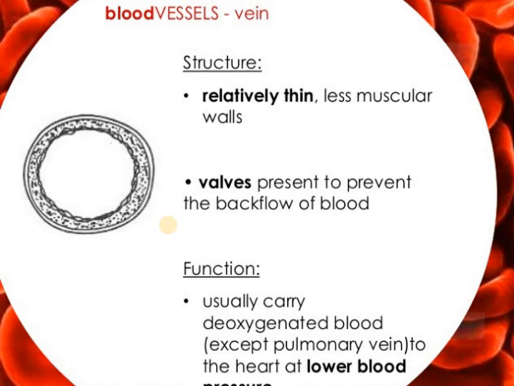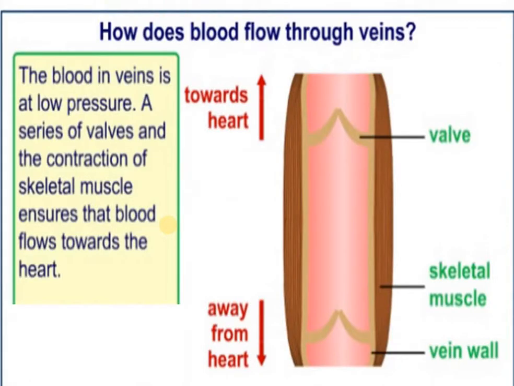The function of the veins is to carry deoxygenated blood, except for the pulmonary vein. This pulmonary vein carries oxygenated blood. The rest of the veins carry deoxygenated blood, and they take that blood towards the heart at a lower blood pressure. So this is the structure of valves. To make you understand, since the blood pressure in the veins is quite low, a series of valves are there,